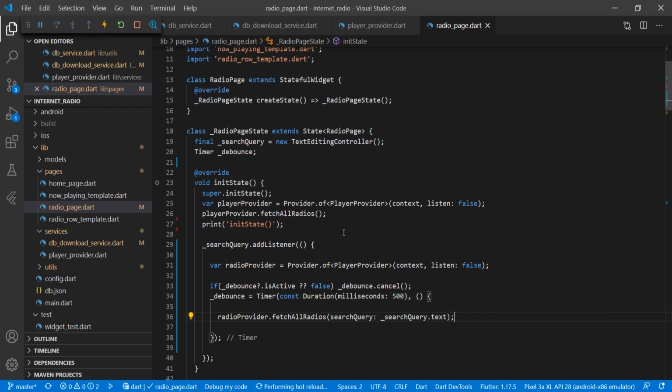What we are doing here is whenever any user types any of the keywords in that search bar, it will check that debounce of that 500 millisecond. After the 500 millisecond, it will fetch that text and pass it to our method of fetchAllRadios, and it will return us the data from the SQLite database.